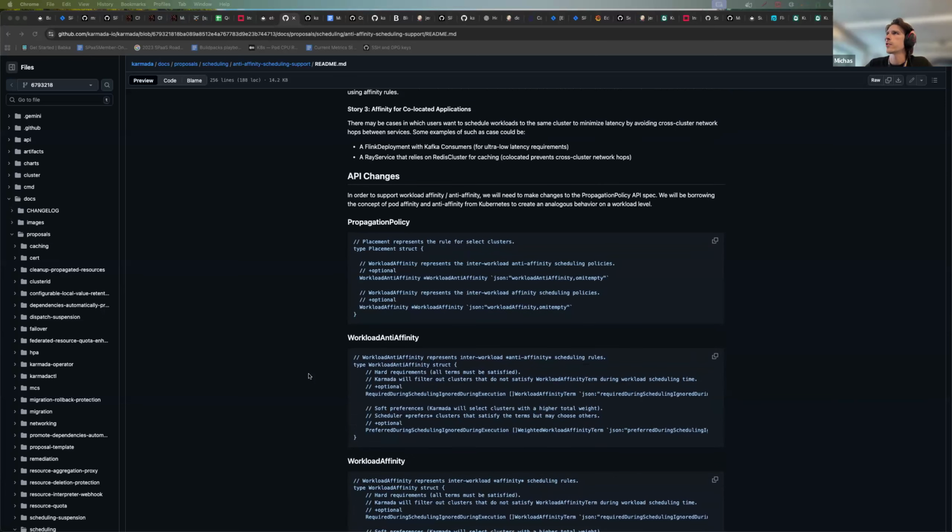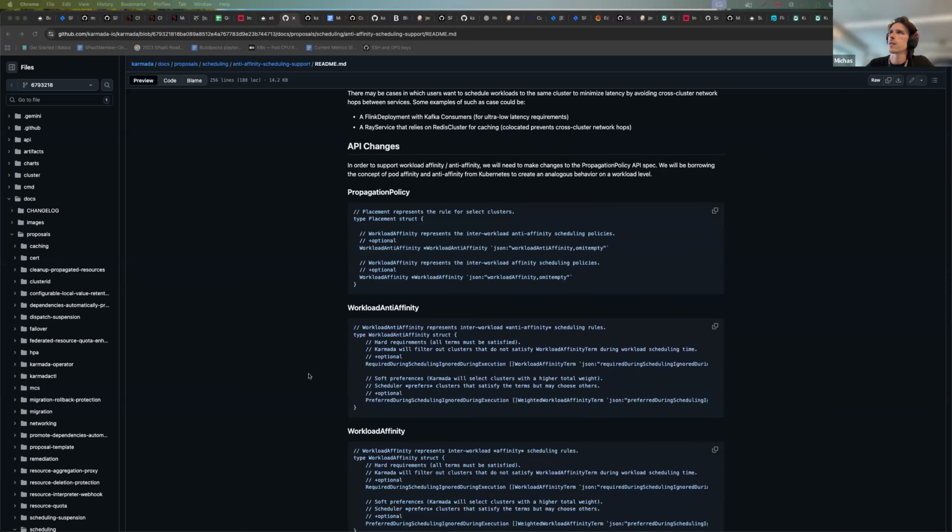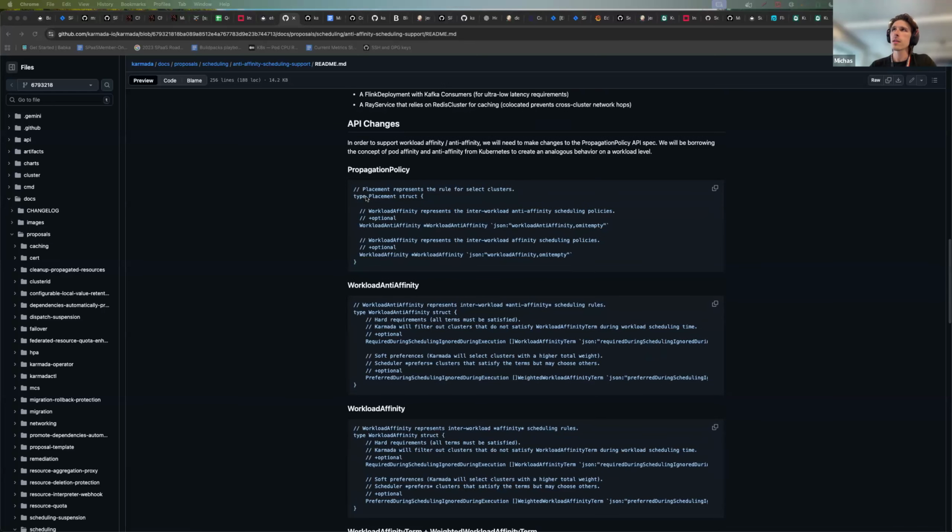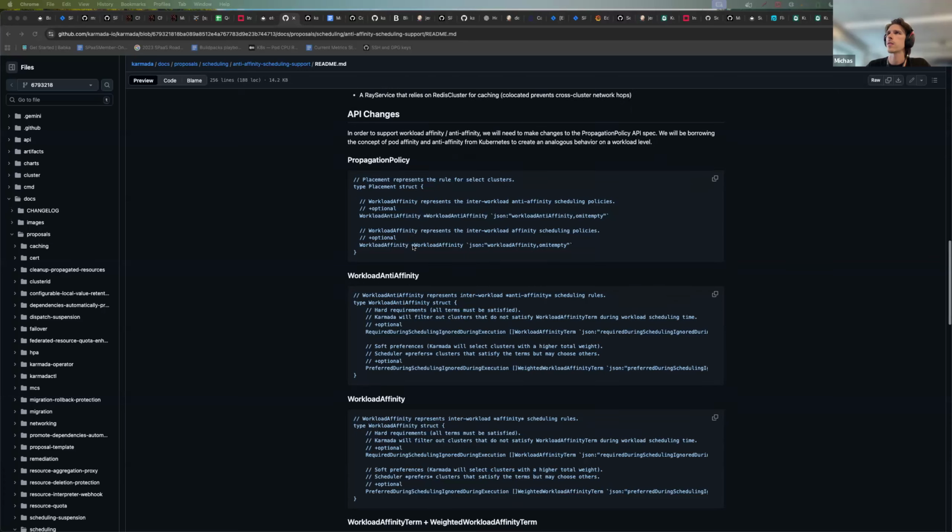For the API changes, my focus here is workload anti-affinity, but the way this is implemented naturally follows to do it with workload affinity at the same time. So for the placement struct within the propagation policy, I've added workload anti-affinity and workload affinity fields.